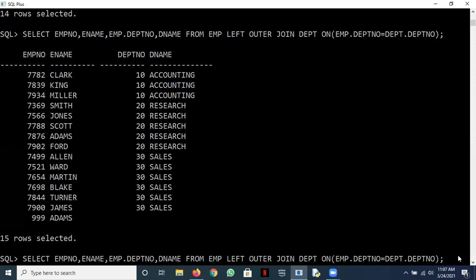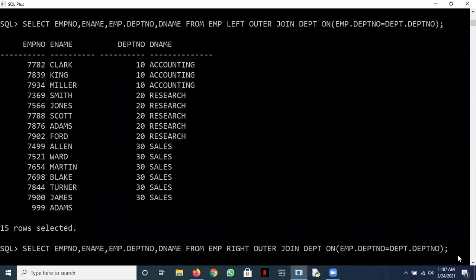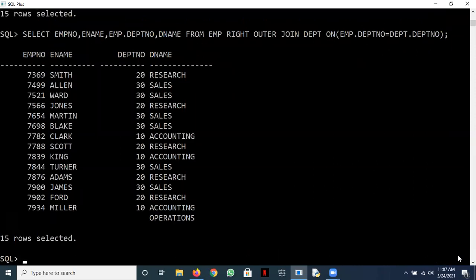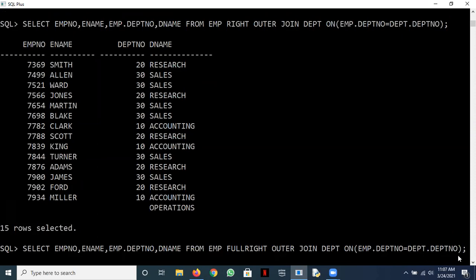Since you mentioned a left outer join, that means the table name which is written on the left. So M is written here. So if I make it right, okay, see the other way around. See now the important thing which we could not do with the old syntax. If we use a full outer join, okay, then what is the output?